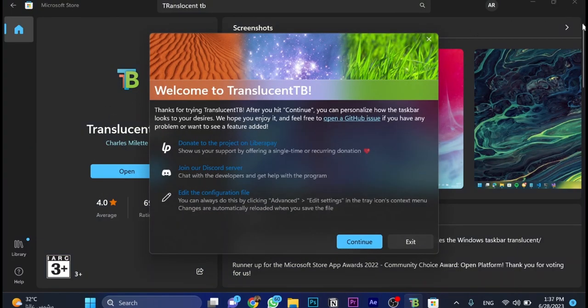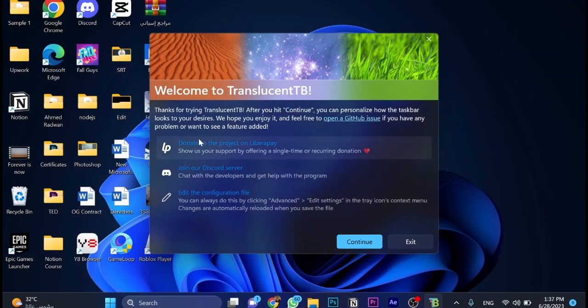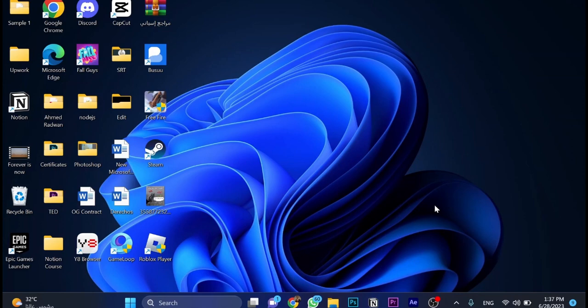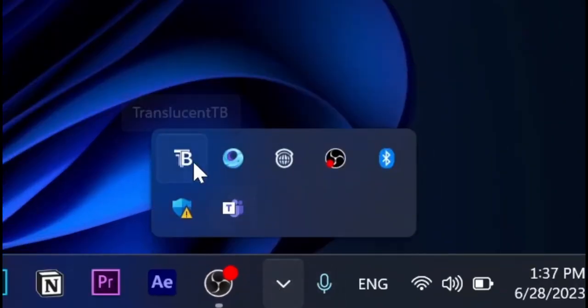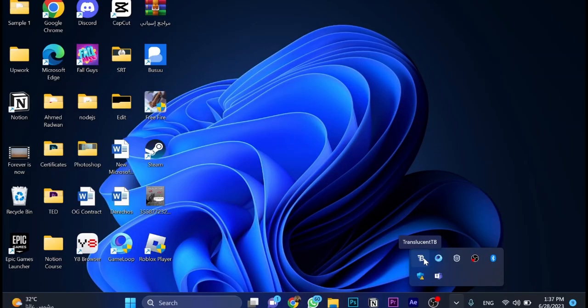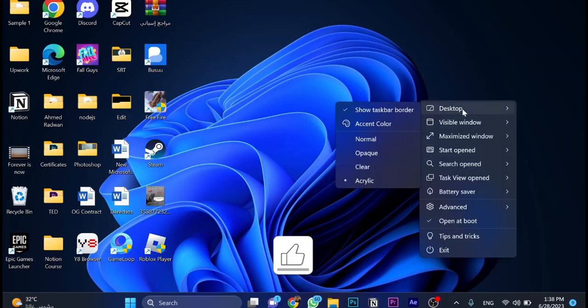So now we can close Microsoft Store. These are some instructions and the permissions, so we just click on continue. Once we click on continue, we go here and choose this option and go for translucent TB and right click. Here we go to desktop, and here we can change the color itself by choosing any of these: